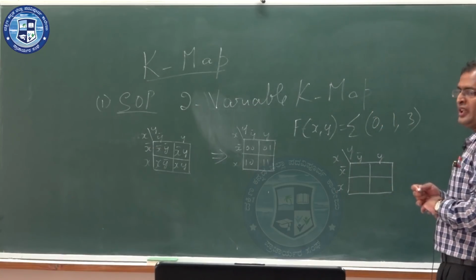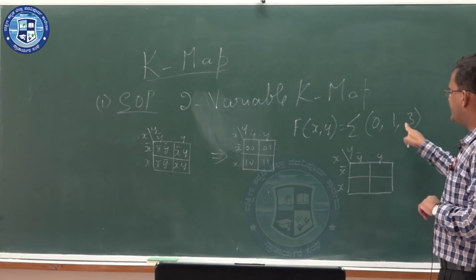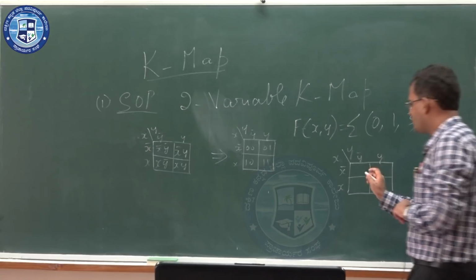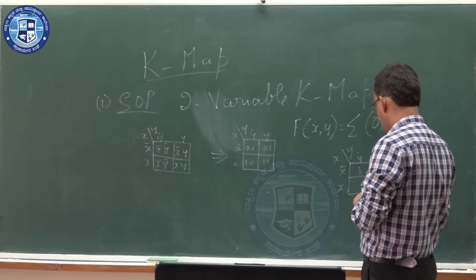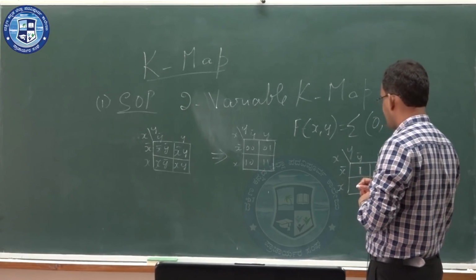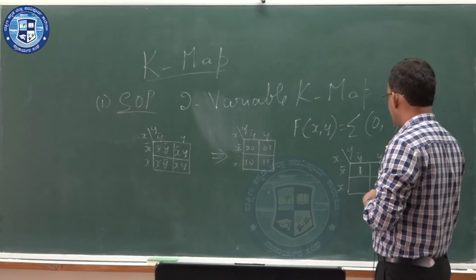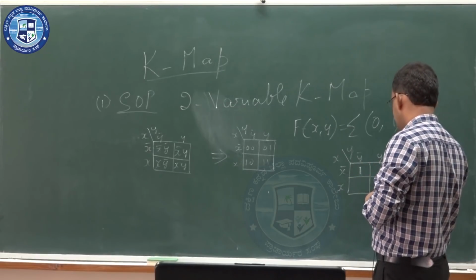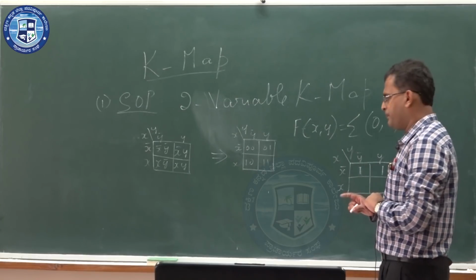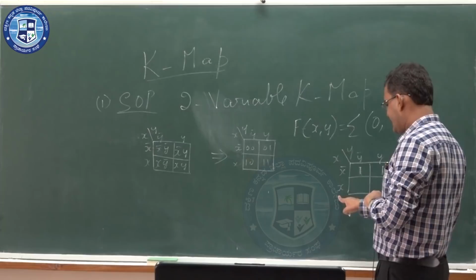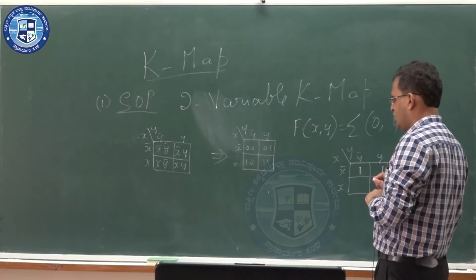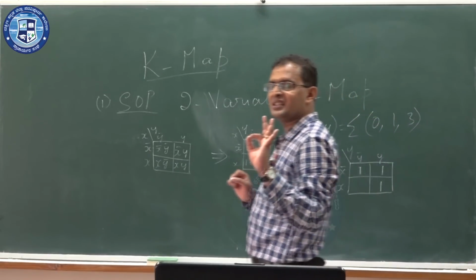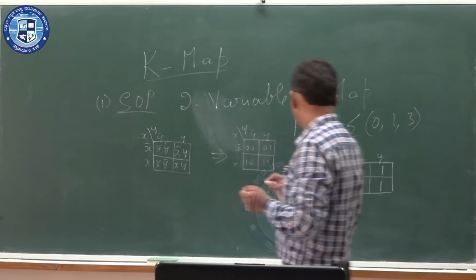Now, I just told you we need to see where to place a min term in the square. So, 0 means it is 0 0. So, here I place 1. Next it is 1, 1 means what? It is 0 1, x bar y. Next it is 3, 3 is what? 1 and 1, that is x and y. Because remember here in SOP, x bar means it is 0, x means it is equal to 1.